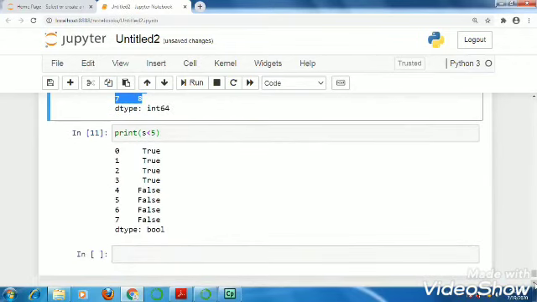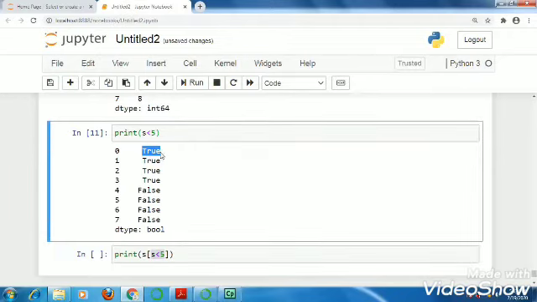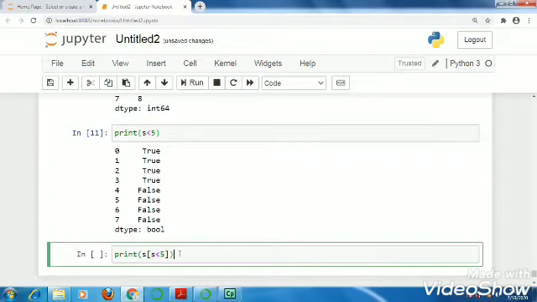Suppose you want the values, in that case you know how to print the value. You write print, then you give s, and inside square brackets you type the condition, like s less than 5. So what will happen? It will evaluate for each of the indexes, and where the condition evaluates to true, you will get the result, and if the condition evaluates to false, it will not show you the result.